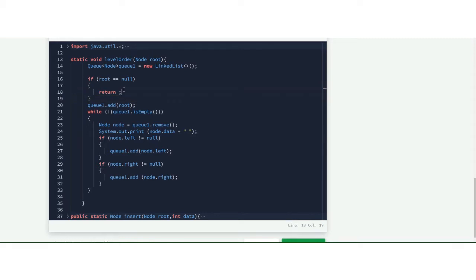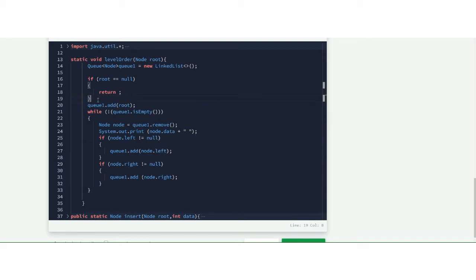Now we must note that our method is of void type, so if we put return -1 it will give us an error. So if we put return semicolon we won't get an error, and the method will stop being executed. And we need not put the following statements in an else block, because even if the if block gets executed, it will not go here, because there's a return statement and our method will stop running further.